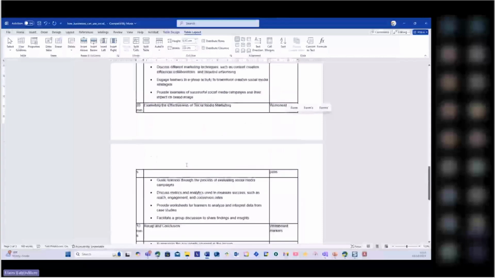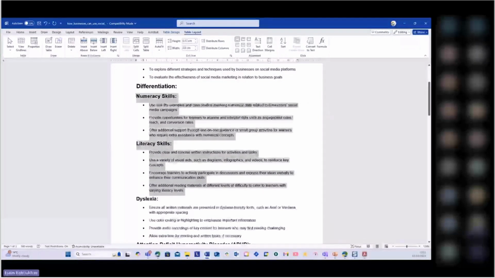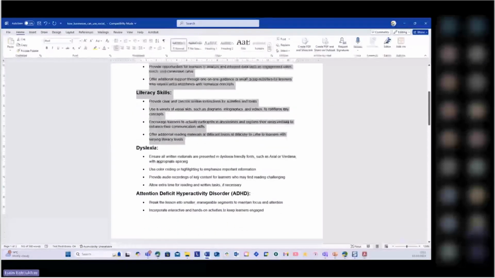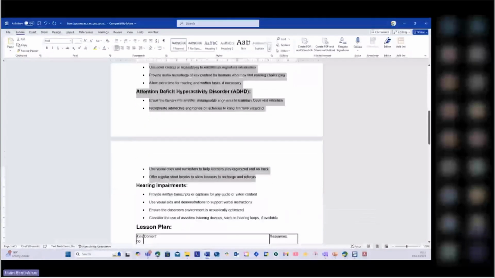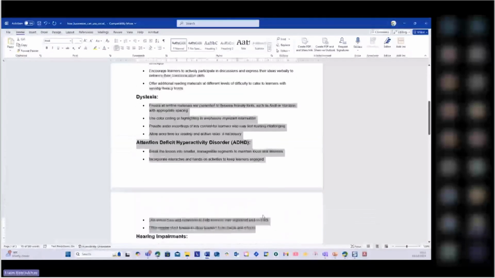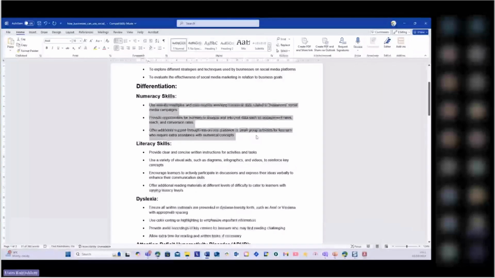But as you can see, what it's done is identify some of that differentiation where we can target all the diverse learning needs. Some of them are really good. Normally, this is quite general, but we can even take this further. I think this is more than adequate in terms of hearing impairments, dyslexia, and ADHD. This would tick the box, but we're not trying to tick the box. We're trying to really have an impact.